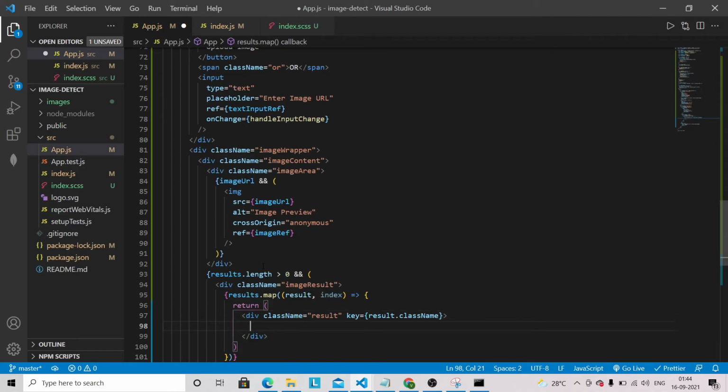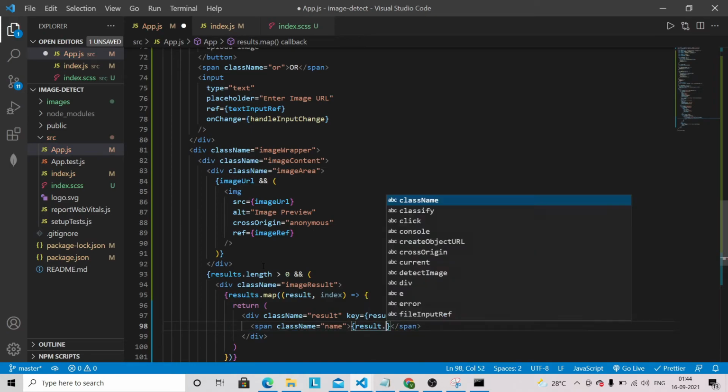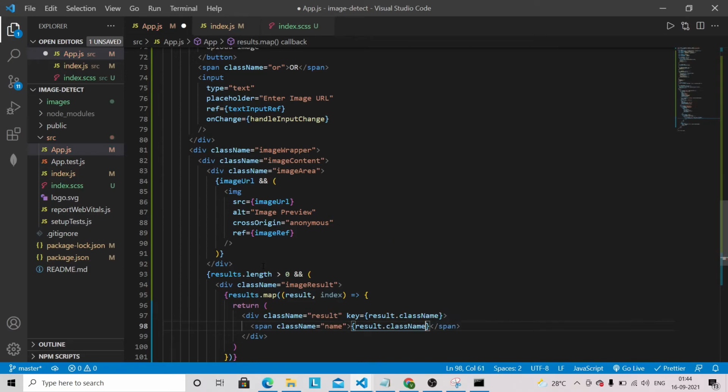And we are going to have one span tag with the className, and we are going to have that result.className. And we are going to have another span tag with the className accuracy. So span.accuracy, and we are going to show the accuracy level.